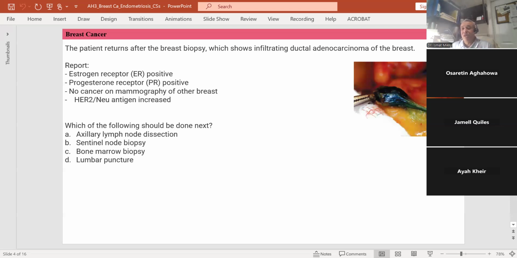The report came back as estrogen receptor positive, the progesterone receptor was positive as well, and there was a test called sentinel node biopsy. That biopsy taken from the breast lump or tumor is usually done to determine whether the cancer has spread beyond the primary tumor into the lymphatic system. So we can say whether it's confined just to the tissues in the breast, or it has invaded adjacent